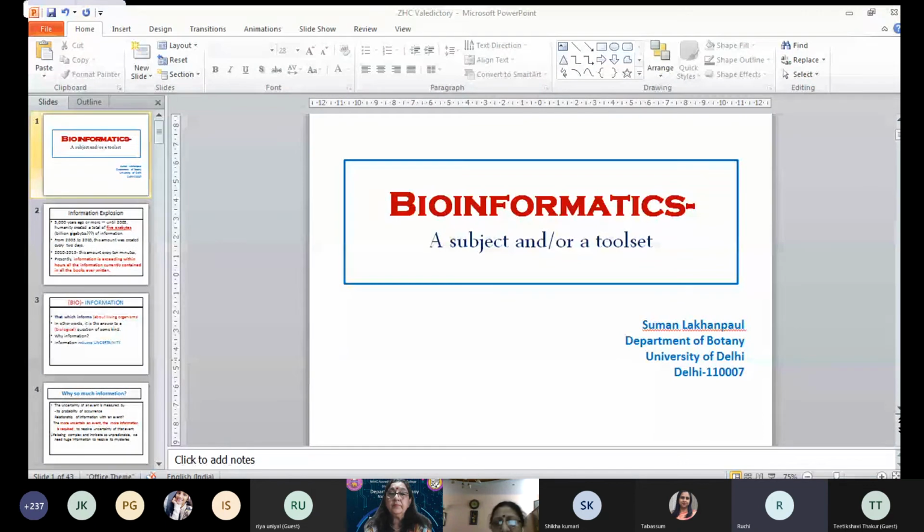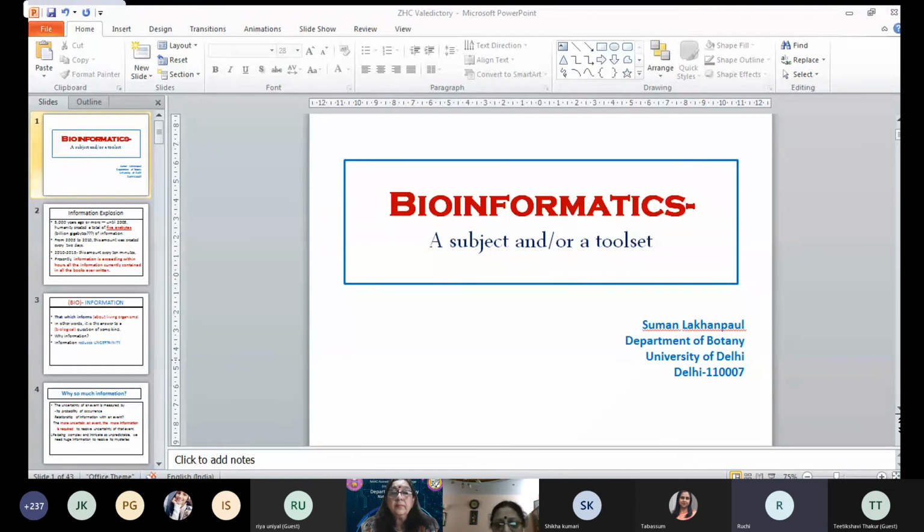Why information? Why do we need it? Information reduces uncertainty. And why so much information? Information is important. We said it reduces uncertainty. But why do we need so much information? They say there is a relationship. The more uncertain an event is, the more complex a phenomenon is, the more information is required to comprehend it. Life being so complex, so intricate, and so unpredictable, we need huge information to resolve its mysteries.